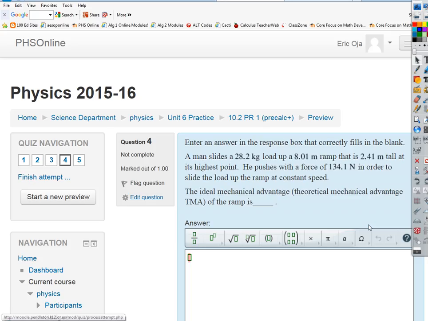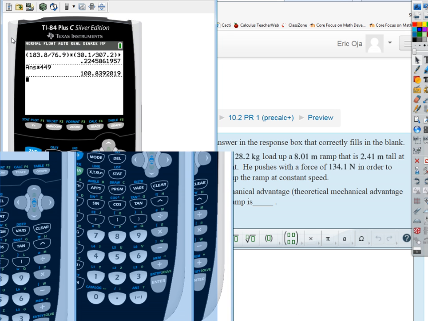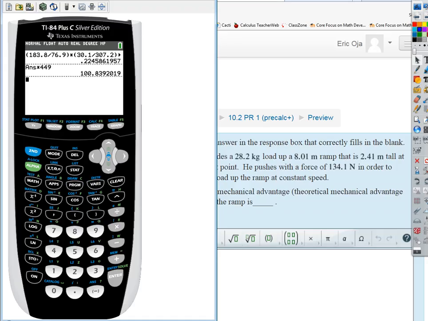Actually, this one has nothing to do with mass or force, because it's an ideal mechanical advantage, a theoretical mechanical advantage. 1.74. So 8.01 divided by 2.41, right? Is that what you got? Well, I was looking at that. Right, but that's what you did on yours. So whatever that is, that's our answer, right? Because all this is just the ratio of,